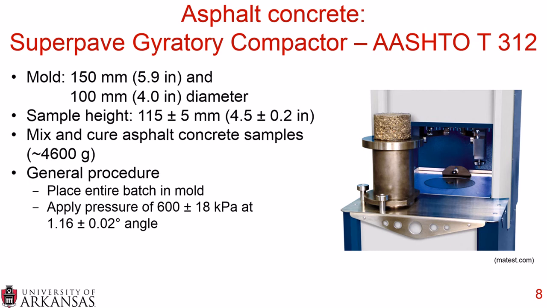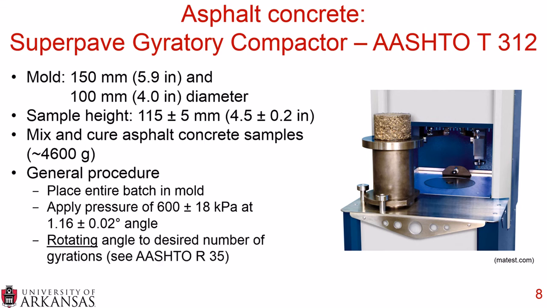And again, we place the entire batch in the mold, we place a metal plate on top, and we slide the mold into the Superpave Gyratory compactor, and we apply a pressure of 600 kilopascals at 1.16 degrees. Then the entire fixture rotates, and because you're at an angle, you're getting a kneading action. And you rotate the angled sample to the desired number of gyrations. If you take a look at AASHTO R35, you have a description of how many gyrations you should use